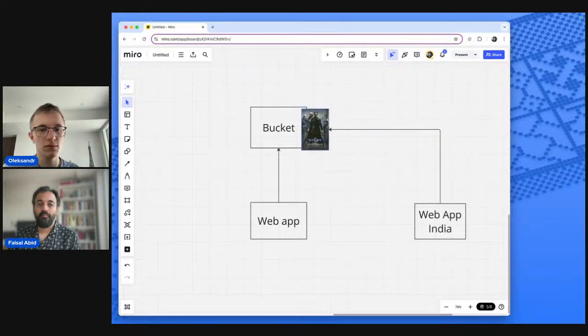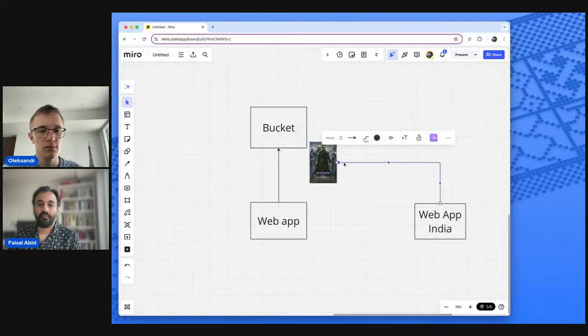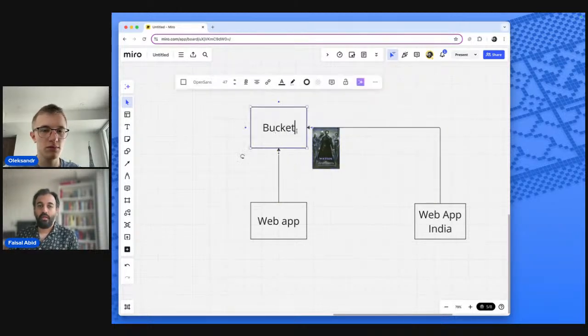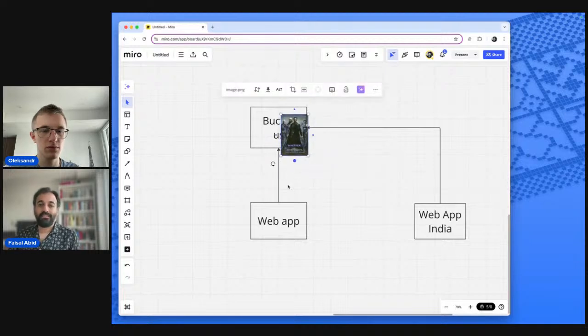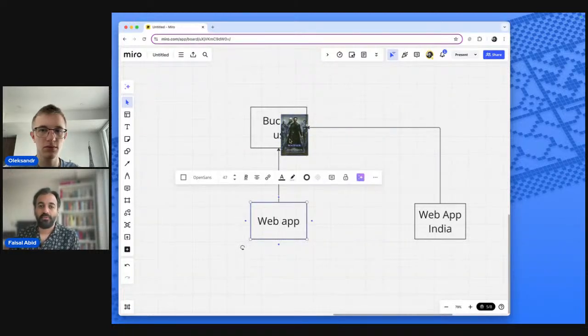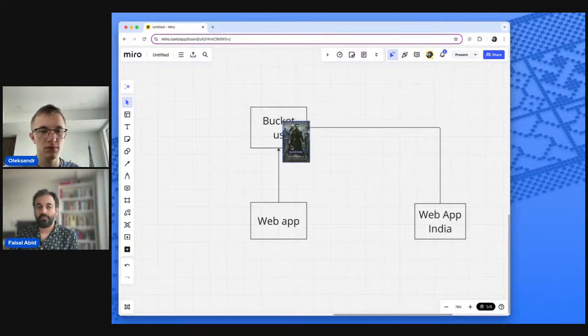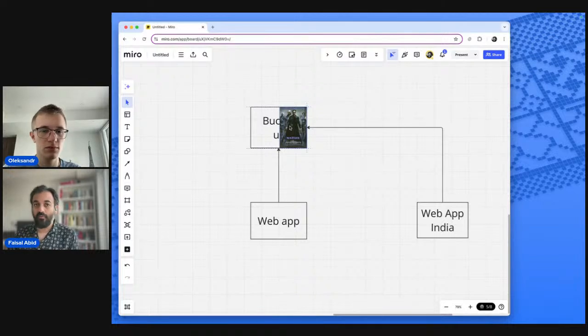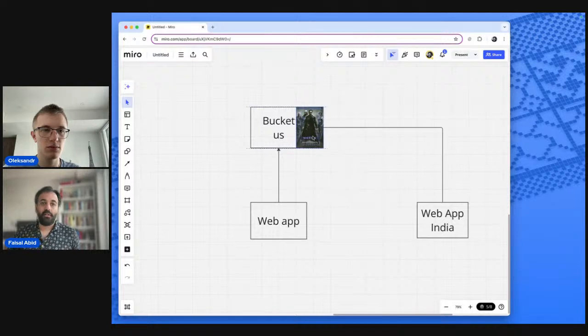But the problem is this bucket is right now in US East, or let's just say US, right? So now it might take, say, 10 minutes for this US user to download the Matrix. Let's assume we're just using the bucket. But it's going to take this Indian user, even if they have really fast Wi-Fi, you're literally going to the other side of the world to download a file. It's going to take them, say, 30 minutes, and it's going to be expensive for you as well as a storage bucket.